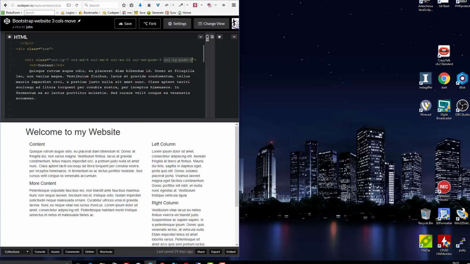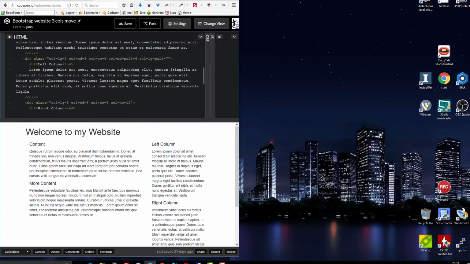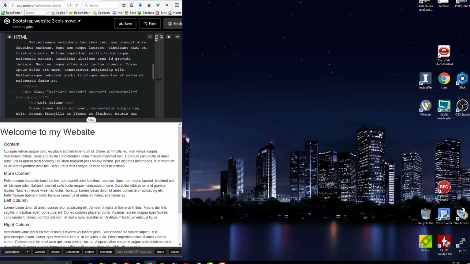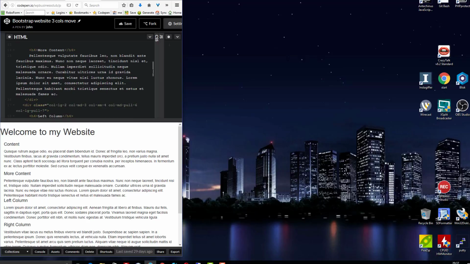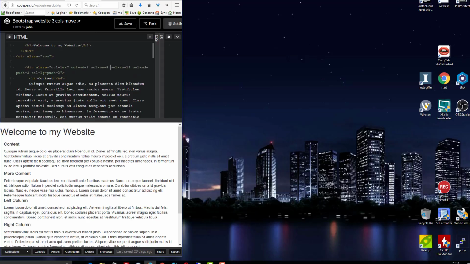Now with this smaller size, that's an MD, a medium and a large command, so they're no longer applying. We are now in a small situation, so we've got 8 here for the main content, and in a small situation we've got 4 and 4, so that's why those columns are appearing in the right hand side. We get really small, we get extra small, and extra small, it says it's 12 for the main content, which is there,